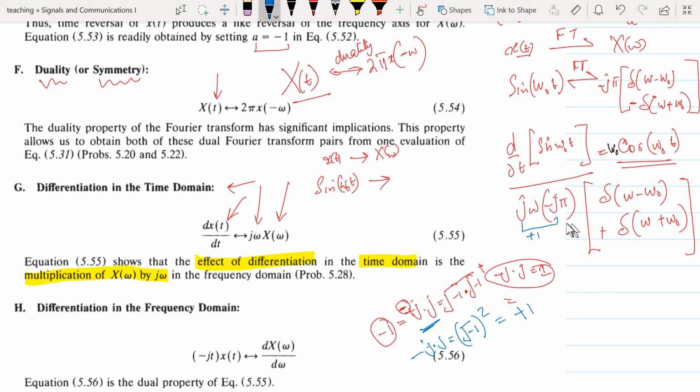So what we are left with is bringing in this term, which is omega pi, delta of omega minus omega naught plus delta of omega plus omega naught, and that agrees with our definition, which says